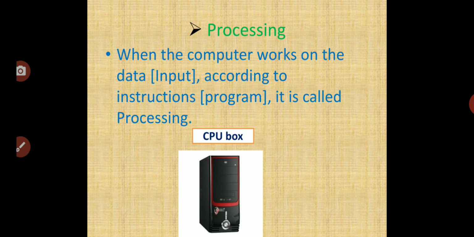You are pressing the keyboard A. That is known as an input. After that it goes to the CPU, meaning processing. Okay, only the CPU box processes everything. Understand the processing? Okay,